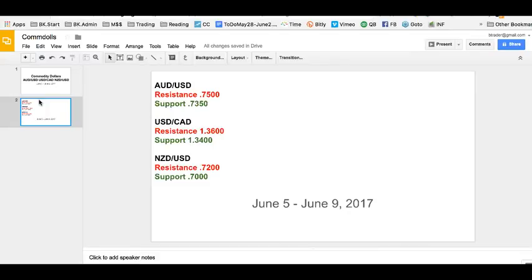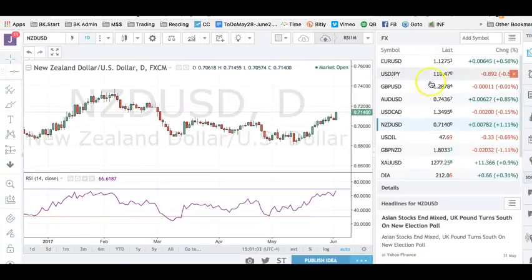And the biggest trade of all, the best trade this week amongst all the major currencies, was the Kiwi dollar, which seems to be well on its way towards 72. Big beneficiary of the carry trade, which I'm going to get into in just 1 second. Let's take a look at the charts first.